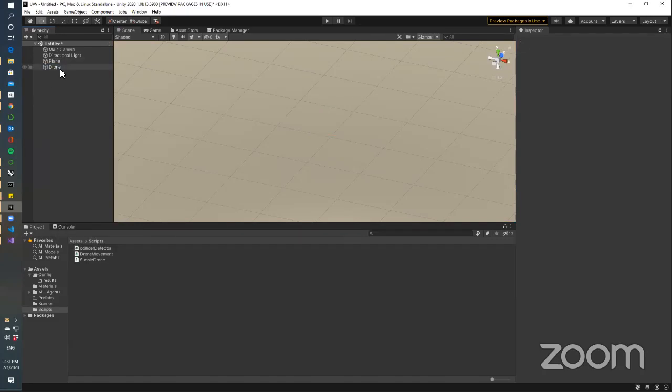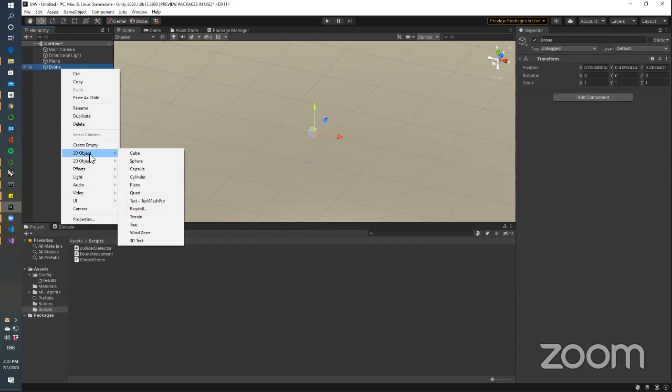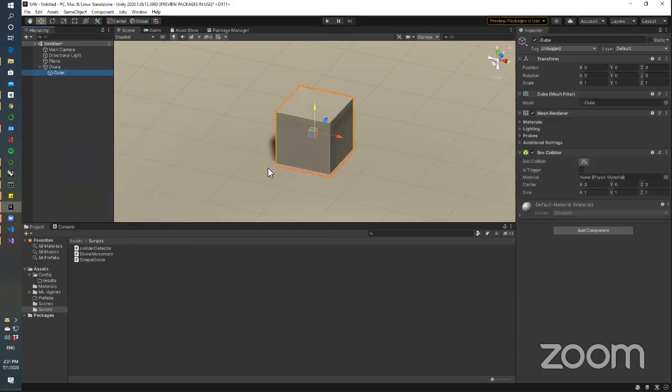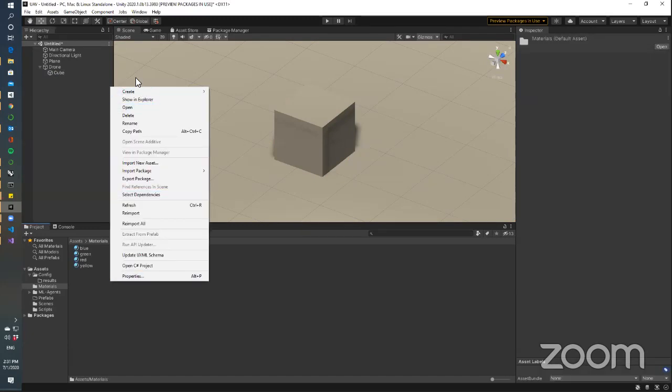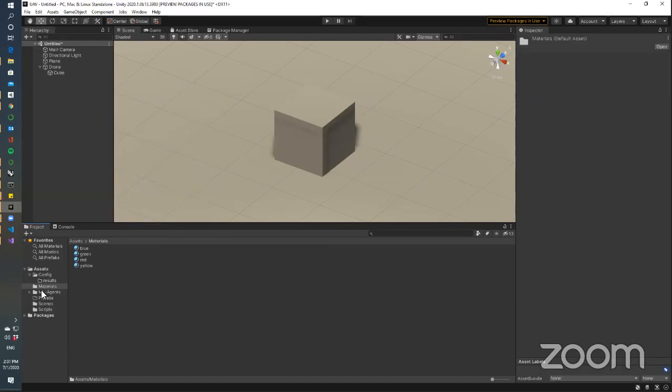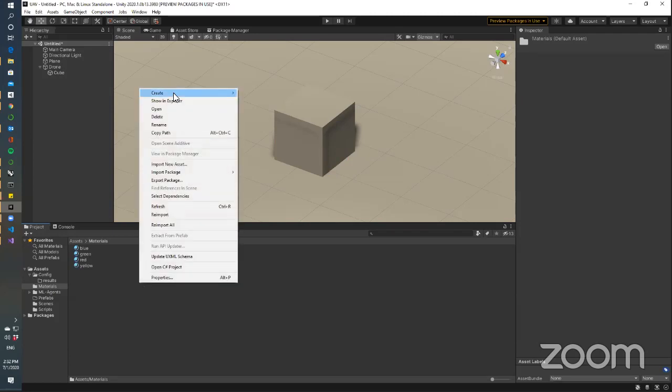And inside this empty game object, we will create the body of the drone. In this case, it's a cube, just a simple cube that you can assign with materials. I have a couple of materials created. Remember, if you want to create a custom material, you just right click inside a folder, in this case, the folder materials, create